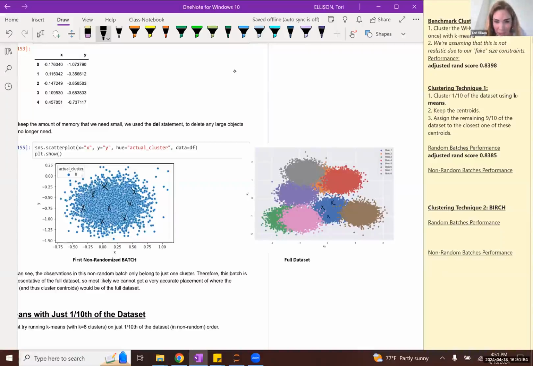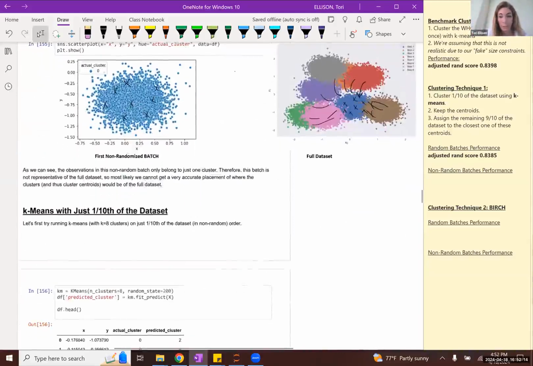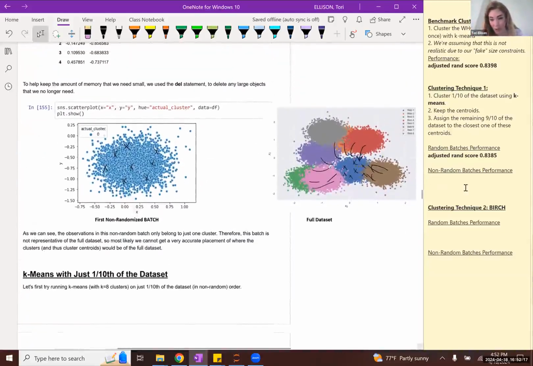So when we read in all of these subsequent batches and assign them to their closest centroids, we're not going to get a very good clustering structure. Unfortunately, when our batches are fed in a non-random order, we end up getting an adjusted RAND score between the Gaussian labels and the assigned cluster labels of 0.439, so significantly worse.